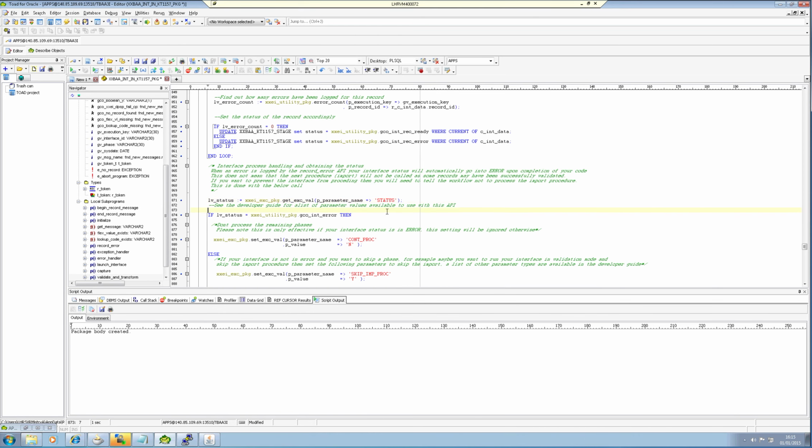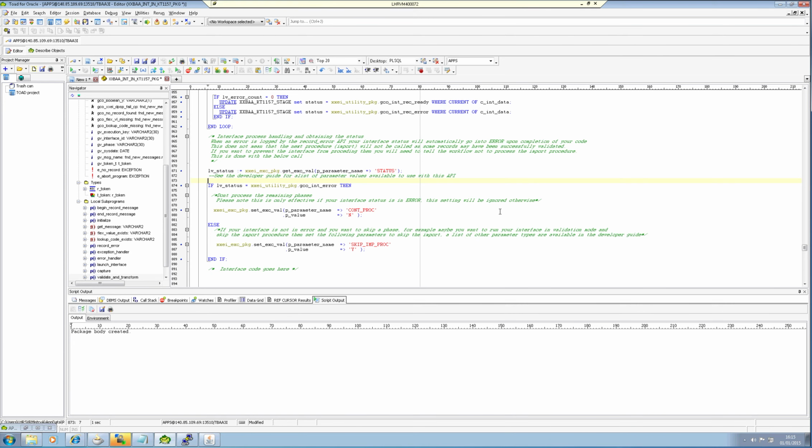You may also want to then obtain the status of your interface. So once we've finished the loop, and we've finished looping through our records, we've finished validating them, we've finished enhancing them and updating the columns to include new values and things like that, then we may want to examine the status of our interface so that we can determine whether or not we want to continue to process with the import procedure. So in this instance, what we're doing is we are calling the getExecutionValue API to recover the current